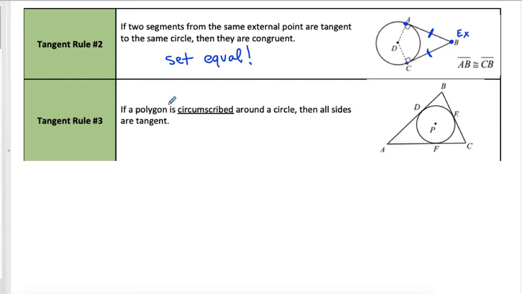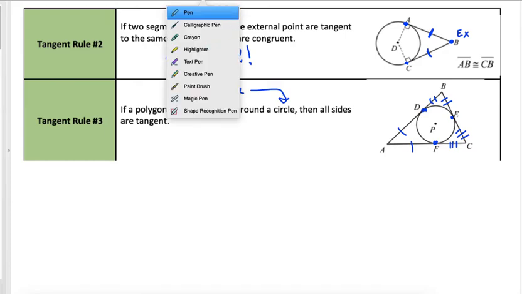Kind of a follow-up here, it says if a polygon is circumscribed around a circle, then all the sides are tangent. So if I put, I guess outside, if the circle is inside of a triangle, then every one of these pieces is a tangent. And so now we have exterior point B, exterior point C, exterior point A. But it's still going to say, just like those 2 pieces will match, these 2 pieces will match, and these 2 pieces are matching. So we end up with 3 different matches here,